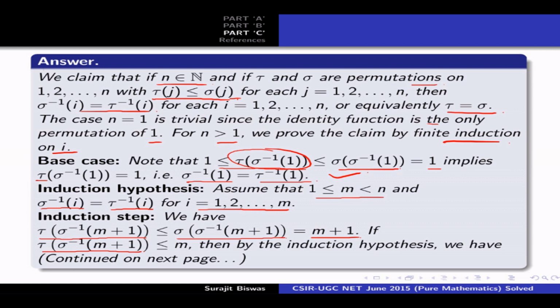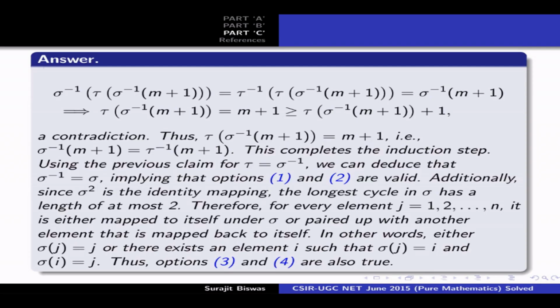If not, if tau of sigma inverse of (m+1) is ≤ m, then by the induction hypothesis we can apply that sigma inverse equals tau inverse, because this is ≤ m and for i = 1 to m we have this. Therefore sigma inverse of this quantity equals tau inverse of the same quantity, the sigma inverse of (m+1),